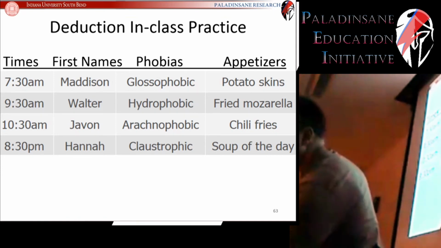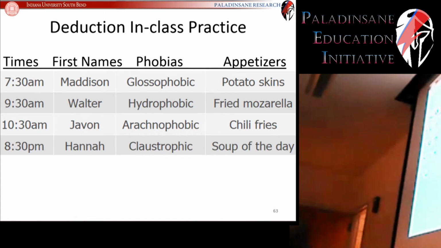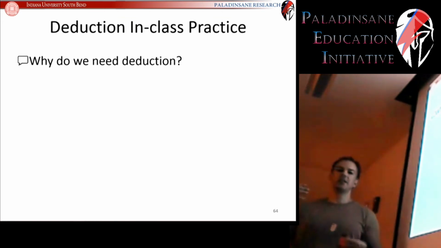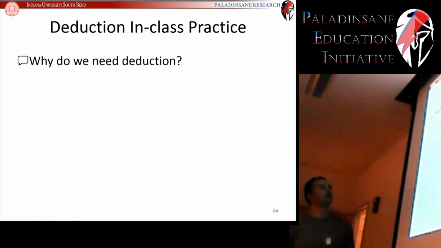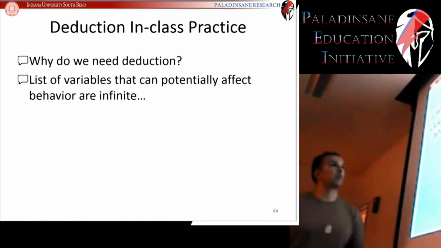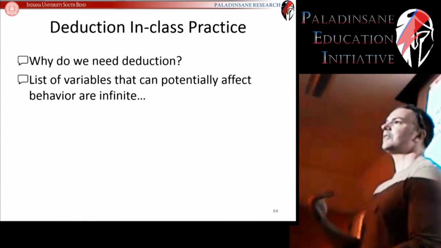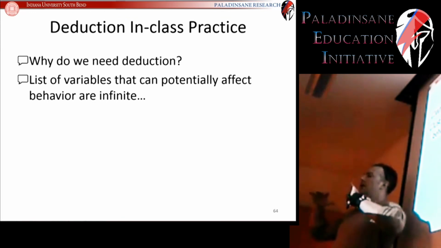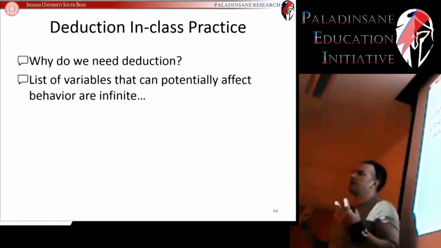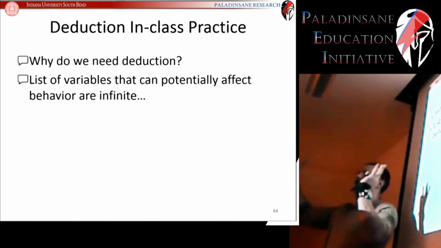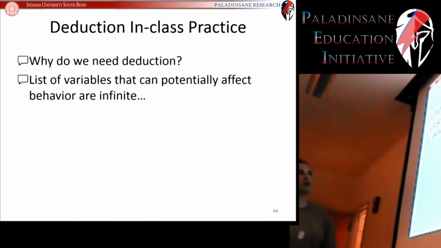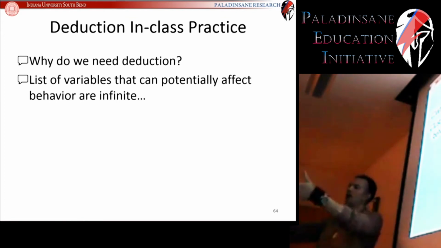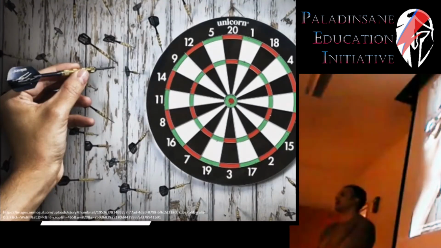And the importance of deduction in psychology cannot be, I think, overstated. It's an incredibly important tool for a variety of reasons. One of them is that the list of variables that can potentially influence behavior is infinite, right? We are complicated creatures. Human beings are on levels of complexity far beyond almost anything else that we find in the universe. And without deduction, without using logic to narrow our focus, then what we're doing is basically blindfolding ourselves,